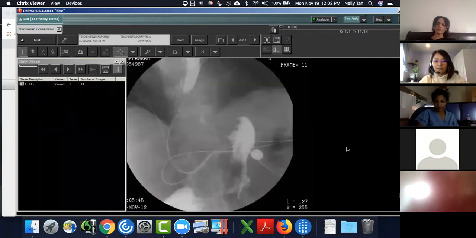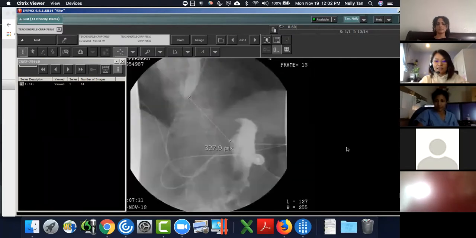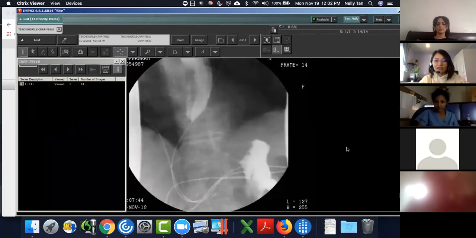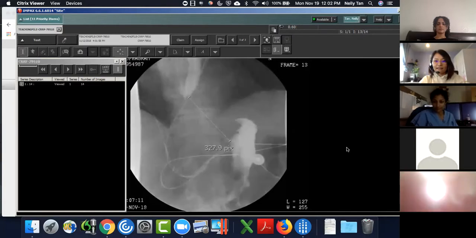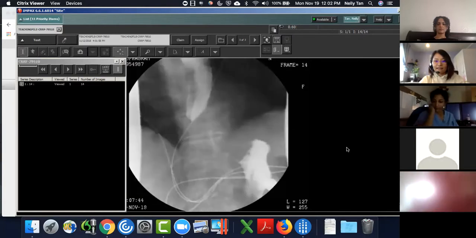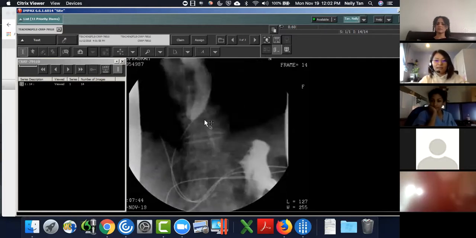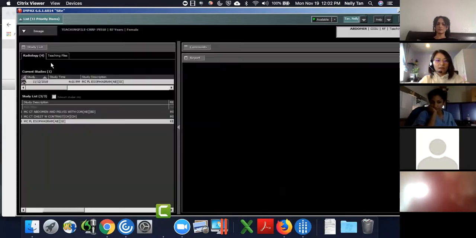And this is what we see. Any thoughts? It's a cancer or some sort of mass in the distally. Okay. So that's what I said. There's a mass there. So then they scoped her and also got chest,